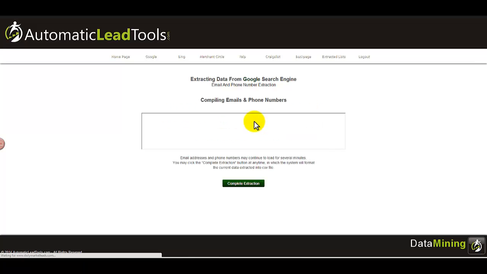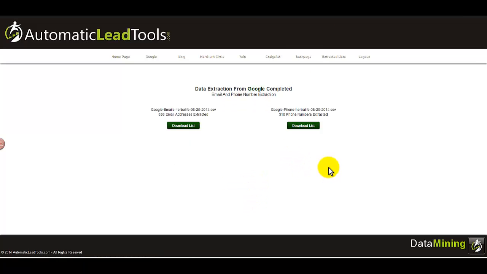If I do extract leads, you'll see that I'm extracting both emails and phone numbers. This doesn't take too long. If we let this run for like 15 seconds, so far it's been about 5. It's still extracting. To show you how quick this is, about 5 seconds left. Now if I click on complete extraction, it's not done, but we're just doing this for the sake of the example. In that short 15 to 20 second time frame, I've extracted 898 email addresses and 310 phone